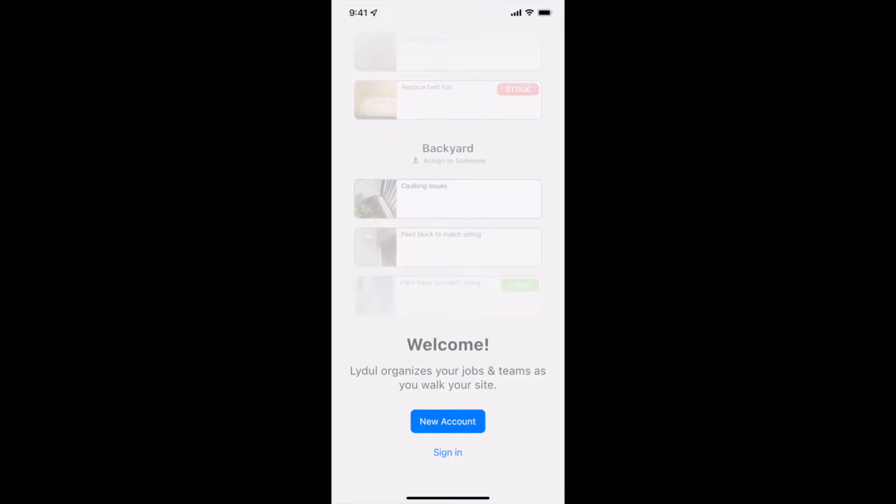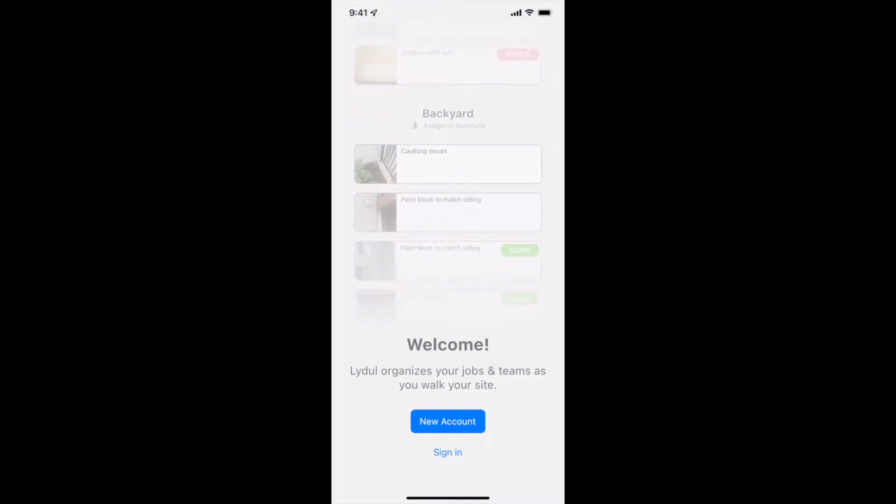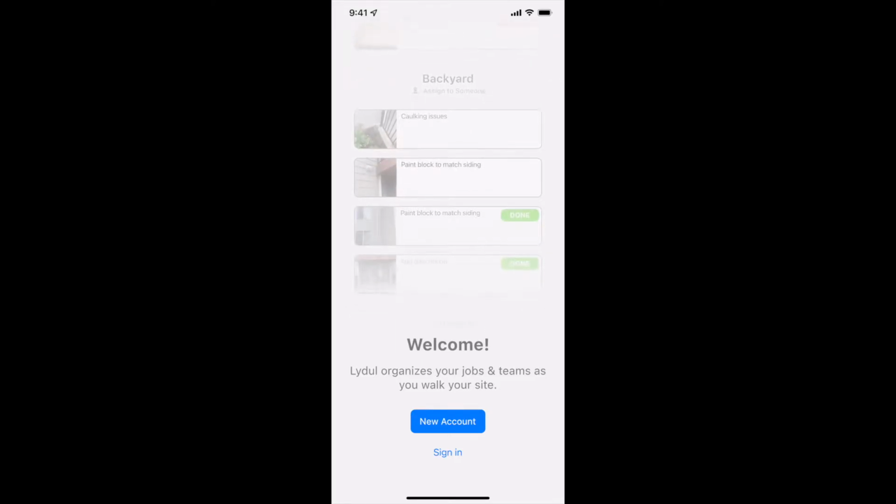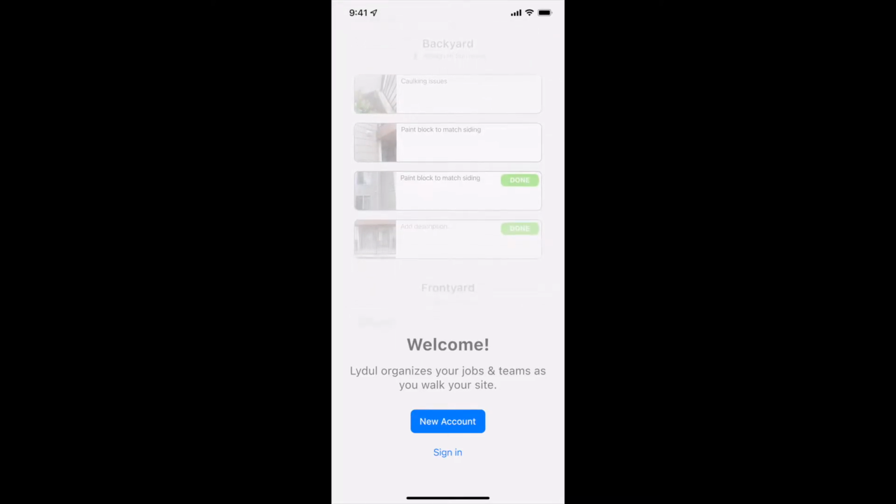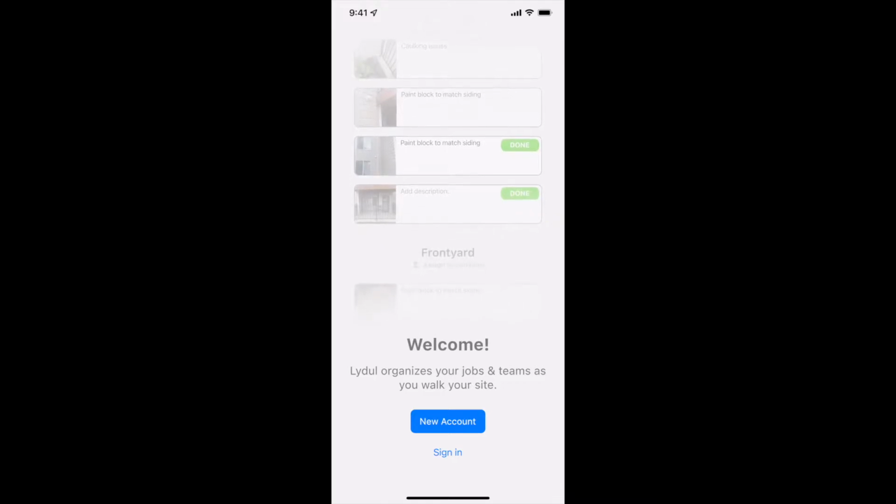Welcome to this demo of Lydul. Today we'll focus on creating punch lists. So we will start from scratch, so feel free to pause when needed and follow the steps on your own